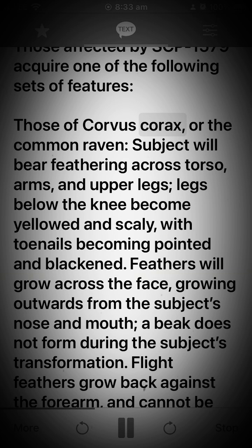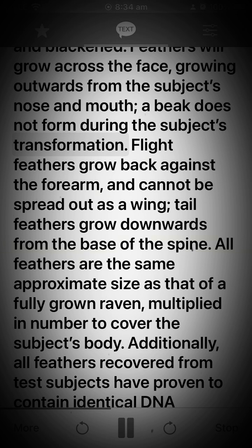Those of Corvus corax, or the common raven, subject will bear feathering across torso, arms, and upper legs. Legs below the knee become yellowed and scaly, with toenails becoming pointed and blackened. Feathers will grow across the face, growing outwards from the subject's nose and mouth. A beak does not form during the subject's transformation. Flight feathers grow back against the forearm, and cannot be spread out as a wing. Tail feathers grow downwards from the base of the spine. All feathers are the same approximate size as that of a fully grown raven, multiplied in number to cover the